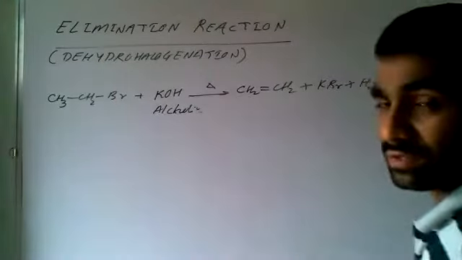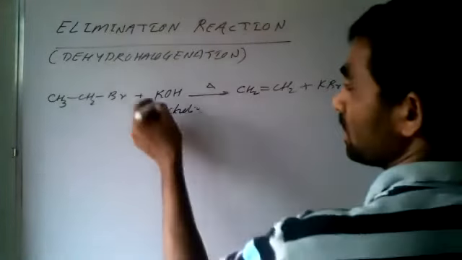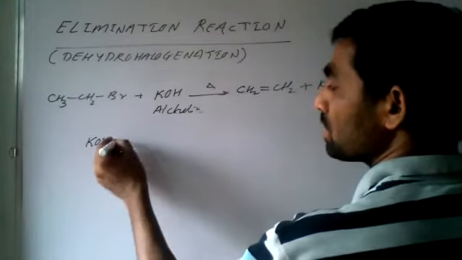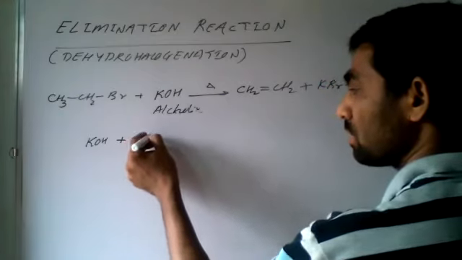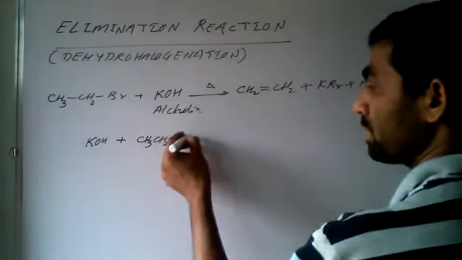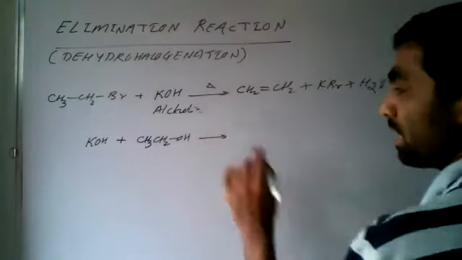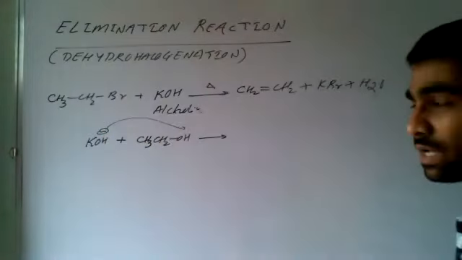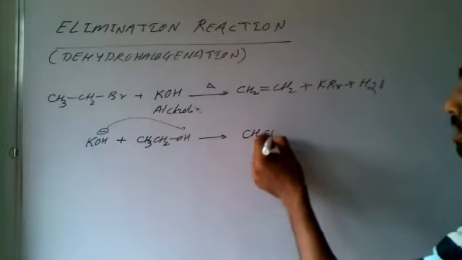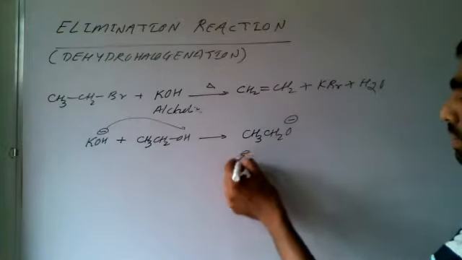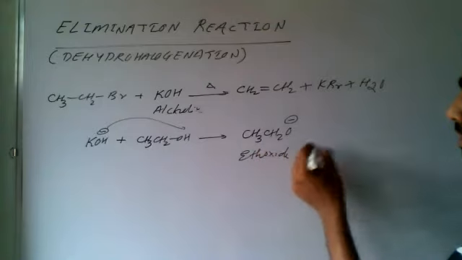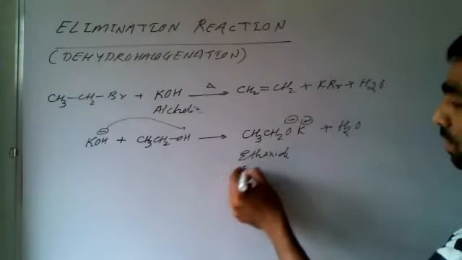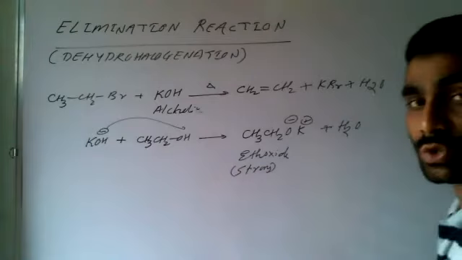But what will happen in this reaction? See how it will take place. If you take alcoholic KOH, for example, the alcohol we are using is CH3CH2OH. If you react these two, this OH minus will take this proton and make ethoxide or alkoxide ion. This is called ethoxide ion, plus water, and K will be in association. This is a very strong base.